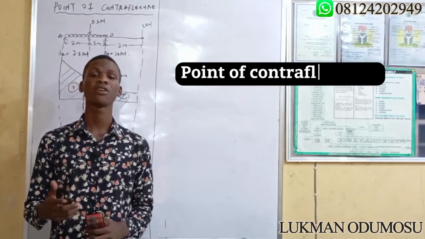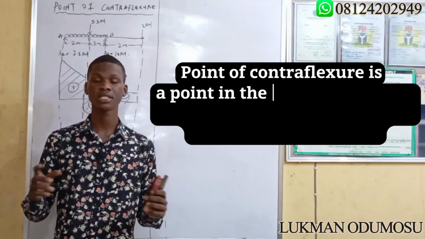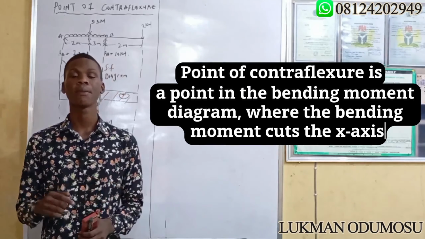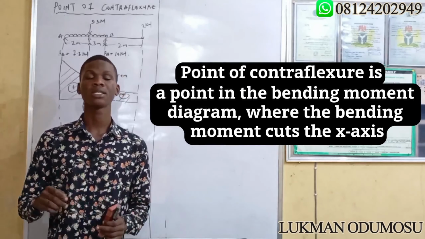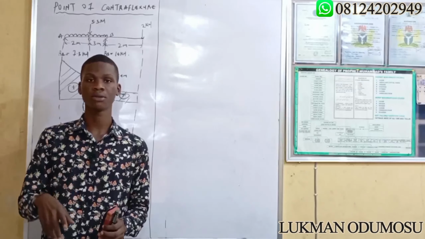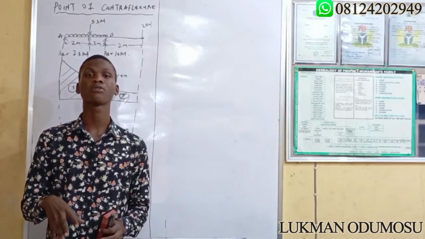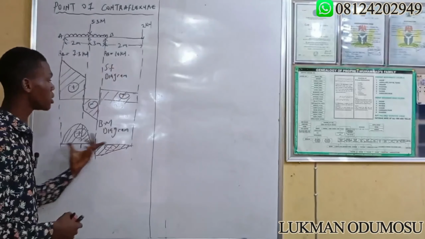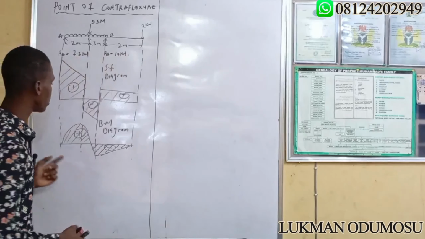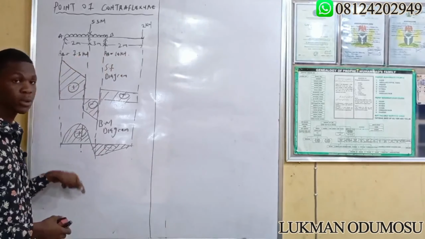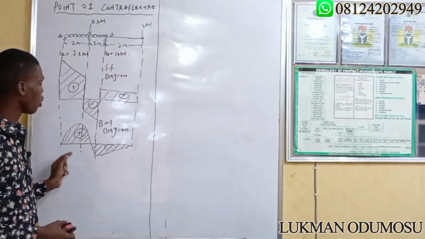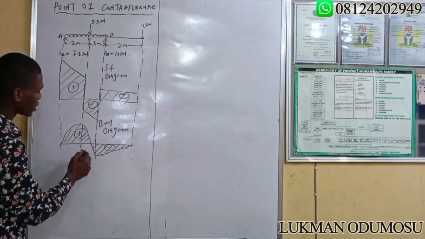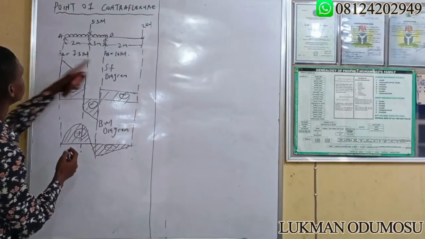Similarly, point of contraflexion means it is a point in the bending moment diagram where the bending moment cuts the x-axis. Meaning for that bending moment diagram, the point where the bending moment is 0, that point of contraflexion is said to occur. And that's what we have here. This is the bending moment diagram for this loaded beam. Then we said point of contraflexion is a point where the bending moment is equal to 0, or where it cuts the x-axis. From what we have here, from A to B, which is length 5 meters,